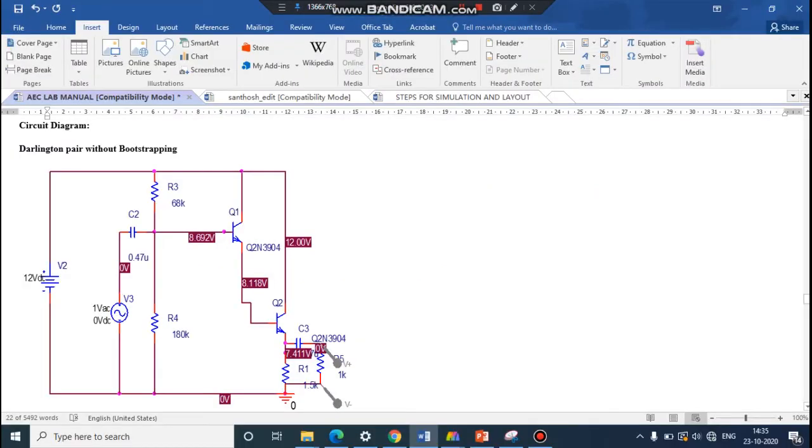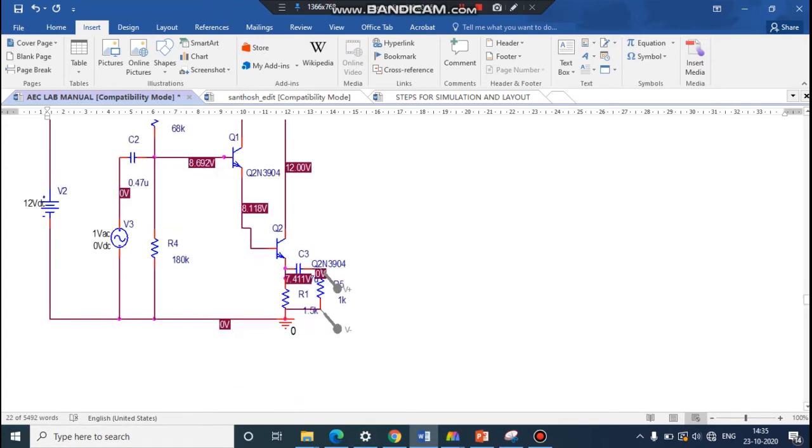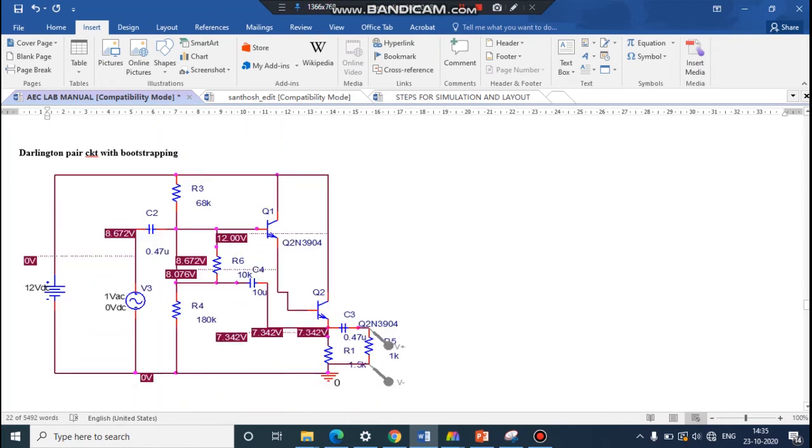This is the circuit diagram for the Darlington pair without bootstrapping. You can see the back-to-back connected transistors and two probes are placed. This is the PSpice diagram which you are supposed to generate. If you look at the circuit diagram for a Darlington pair with bootstrapping, you can see that an RC network is connected from the base of the first transistor to the emitter of the second transistor.